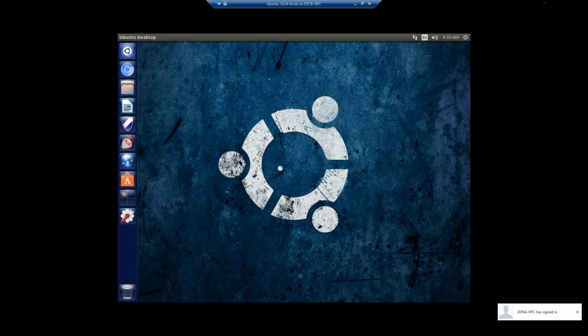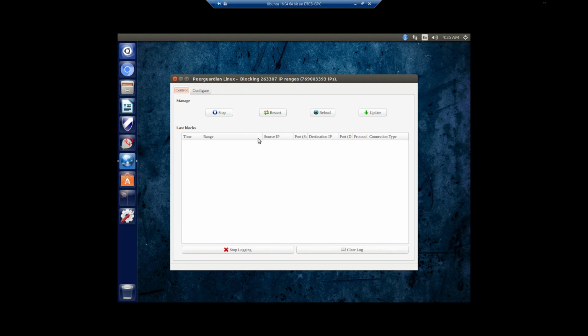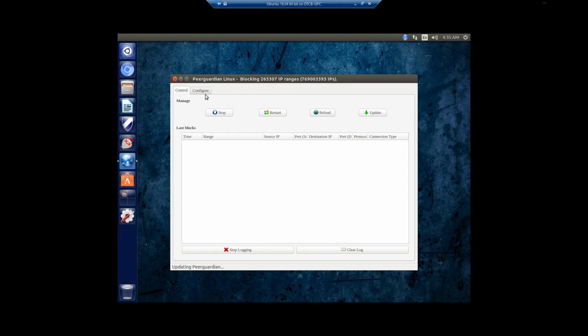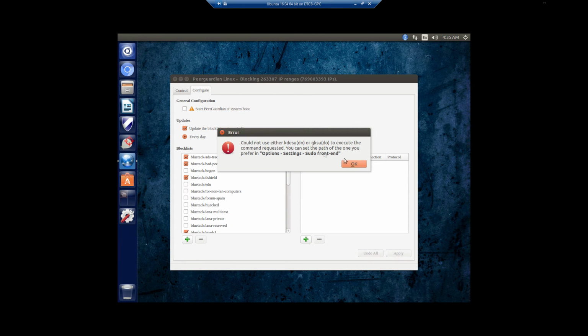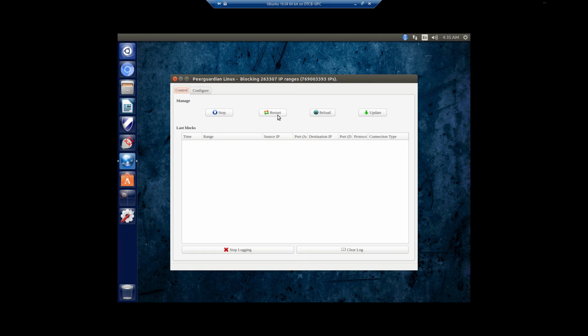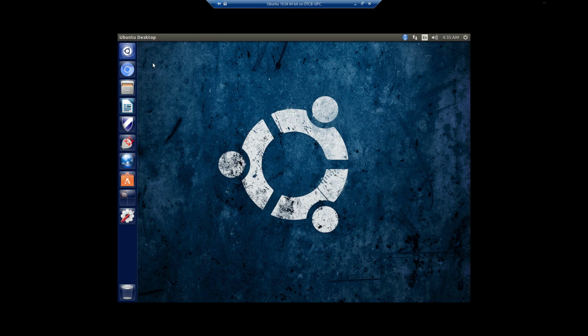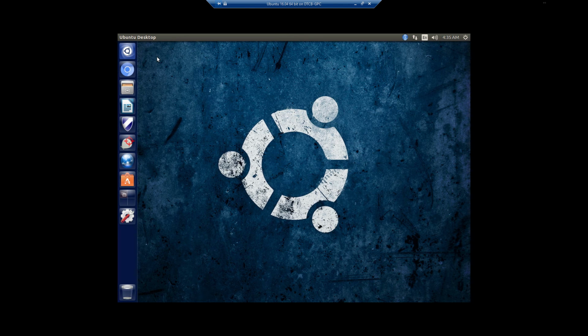we're going to pull up PeerGuardian. Click OK. Now we're going to tell it to update. I'm going to have to go uninstall it and then reinstall. So here's a really good rundown to uninstall